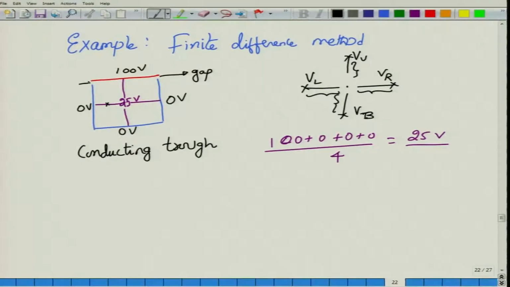So if I am trying to find out what is the potential at the gap, it would be of the neighboring points. This time I have only 2 points here. So I have one point here at 0 volt potential and the other one is at 100 volt potential. So the gap can be written as 100 by 2, 50 volt. So we make an initial guess that this would be 50 volt. Of course this is just an estimate of the potential that would be present.